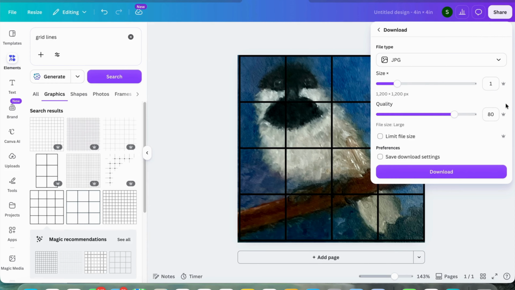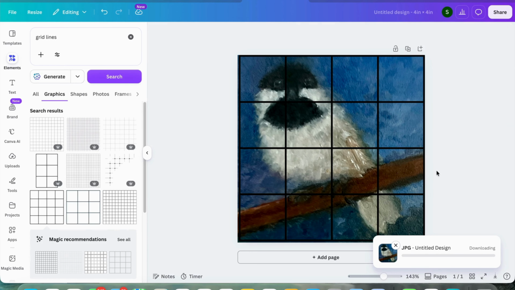And actually, these are with Pro, so this wouldn't even show up if you're using the free version. What I change on the size and the quality on Pro is when I want to make my photo 300 dpi. I can do that here by changing the size. So then I'm just going to hit download,